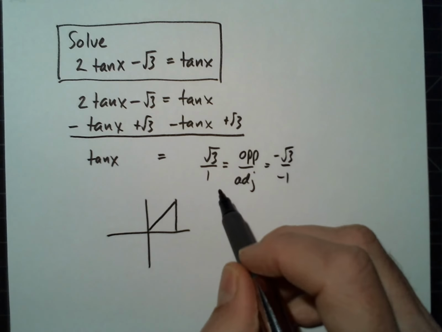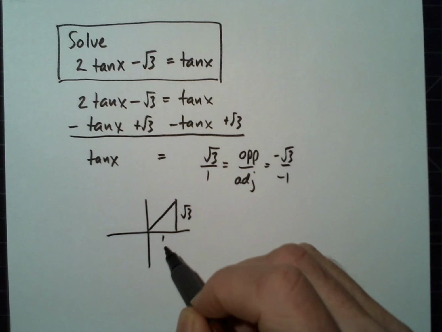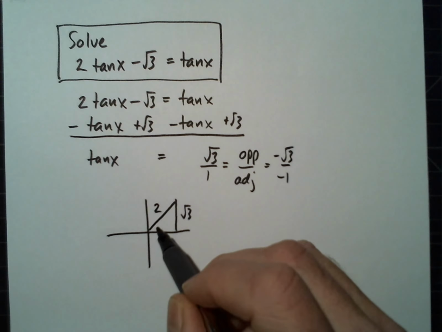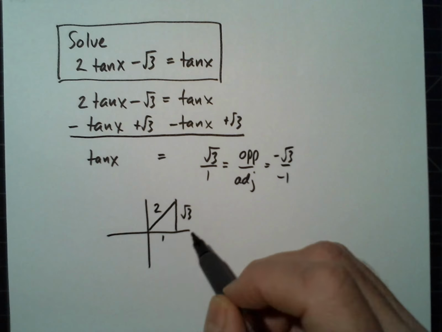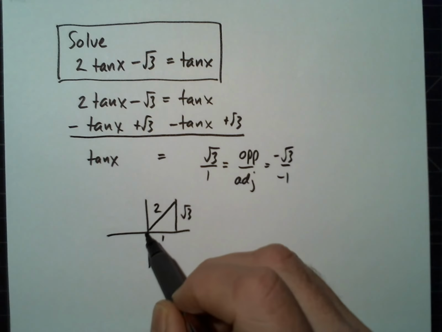If we look at this, the opposite side is radical 3, the adjacent is 1. We have a 1, 2, radical 3. So we already know that angle. It's a special angle, special triangle. And if we go on the other side with the negatives, we're going to go